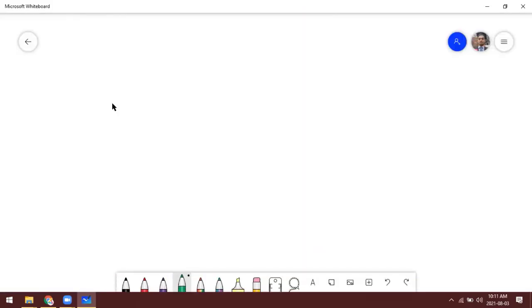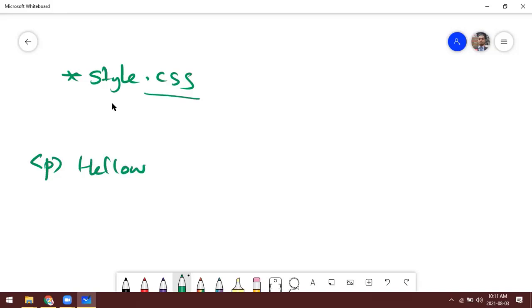External CSS, we create a separate CSS file. So for example, if we have a style.css, remember the file extension for CSS is .css. The same way, we have a paragraph tag, hello world, right? Now we want to use an external CSS file. So we have a style.css file, for example. Then how do we link that?